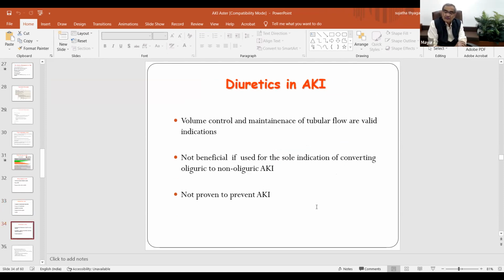Now, if you notice a child who has oliguria, it's an oliguric type of renal injury. And what is the role of diuretics, high dose diuretics like furosemide? We generally say that the use of diuretics may convert oliguric to non-oliguric renal injury, but overall it may not alter its prognosis. But it will become easier to manage this child if you turn the child from oliguric to non-oliguric. But it's not known to prevent AKI.